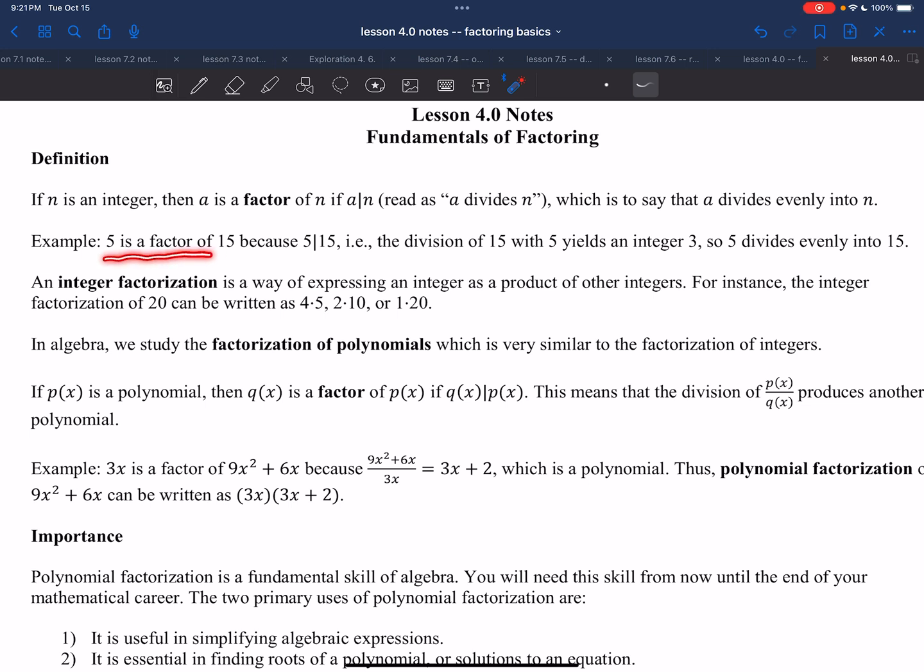As you can read in this example, we say that 5 is a factor of 15 because 5 divides 15. What do we mean by that? Well, 15 over 5 gets you 3, so 5 goes evenly into 15. And what do we mean by evenly? When something divides evenly, there's no remainder. For example, does 7 divide 15? I say no, because if I took 15 and divided it by 7,